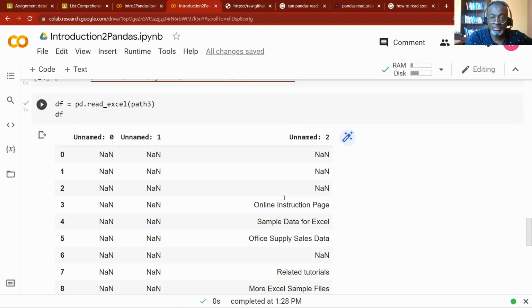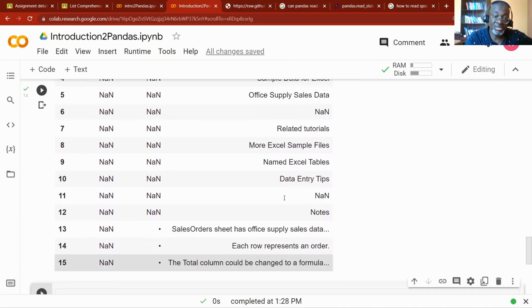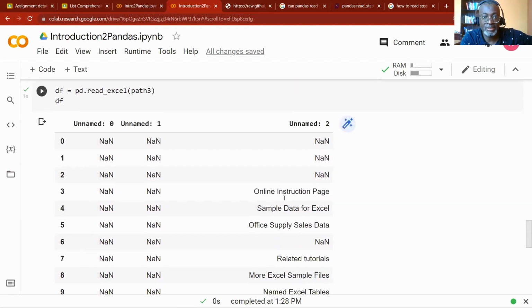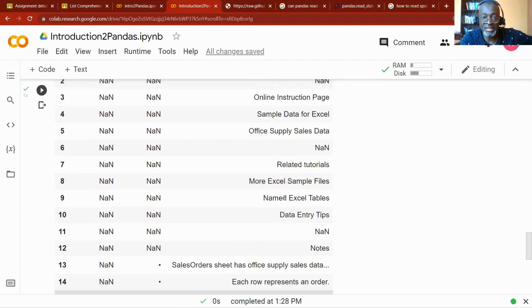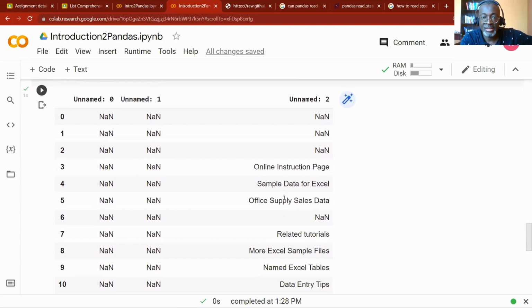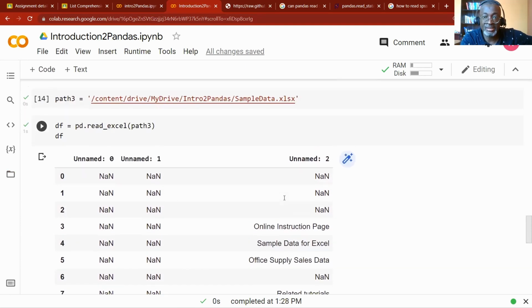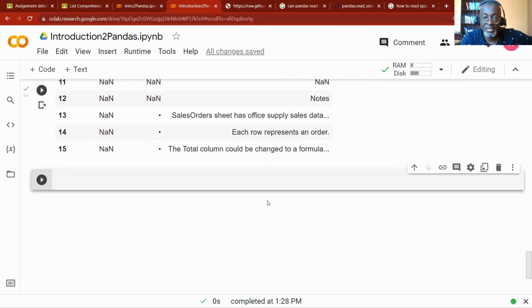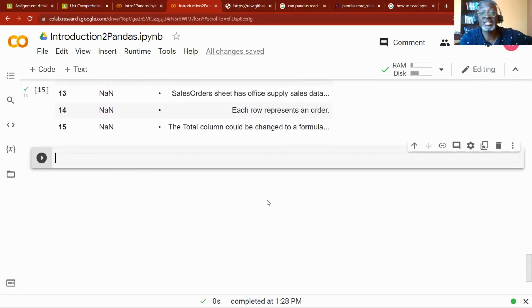So as usual, this is a piece of file I found online. I don't even know what was inside. I'm opening it for the first time, and I can see that it contains, I don't know, probably sales data. They call it sample data, so I'm sure they wanted to use it for something, but it's in an Excel